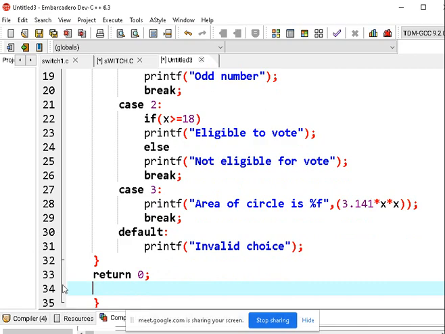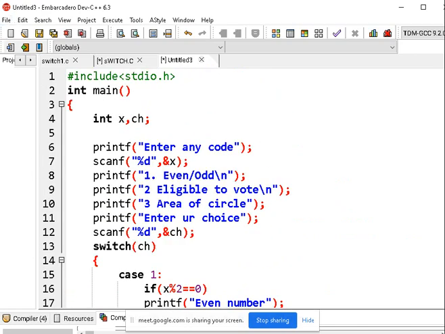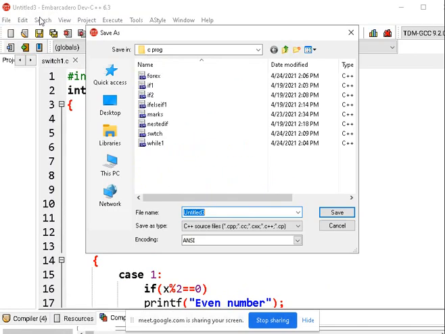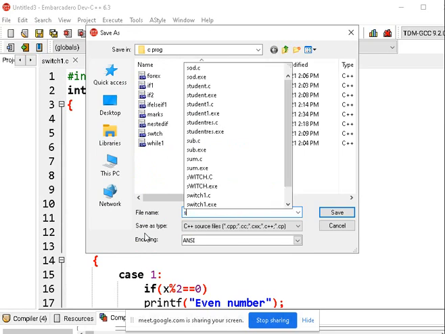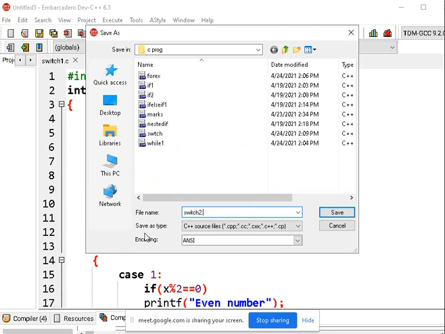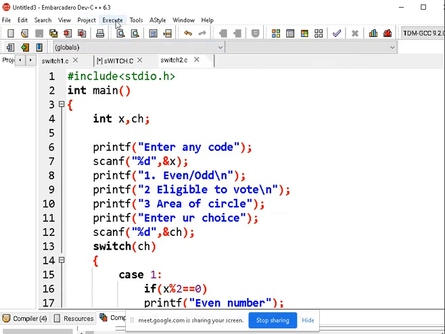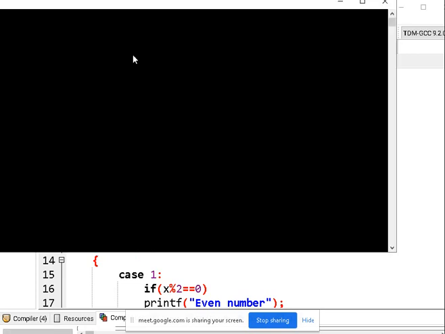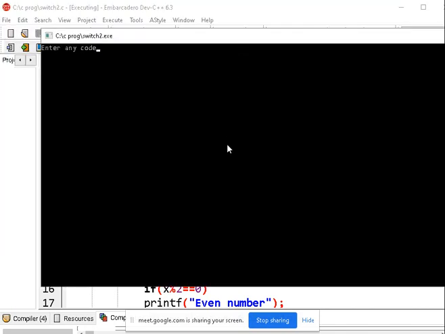Okay, so here I am saving the program. Go to file, save, switch 2.c, execute, compile and run. So it is asking enter any code.